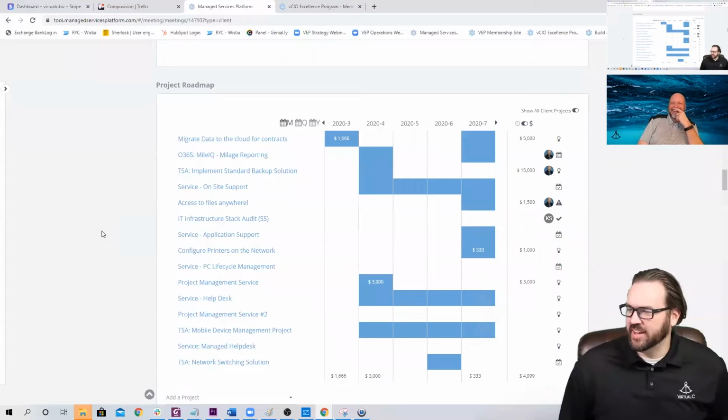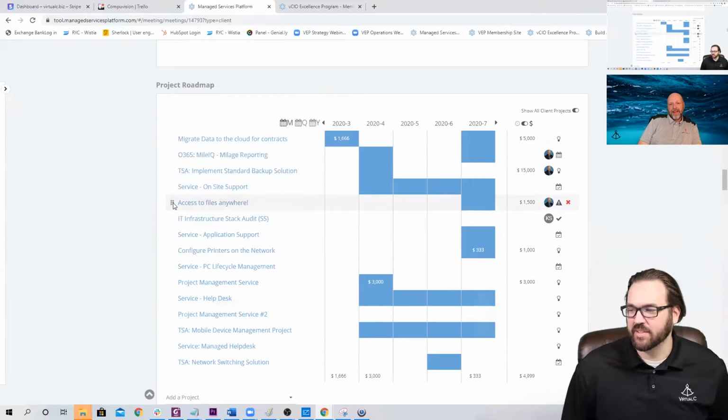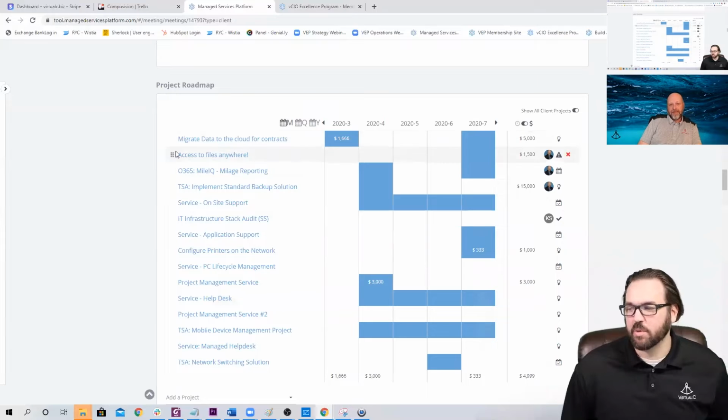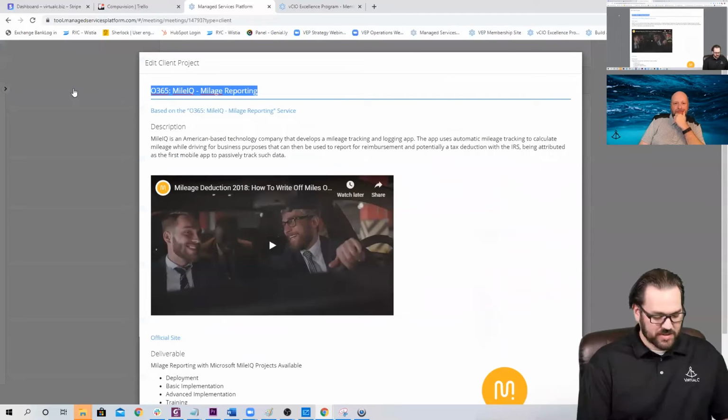There you go. But anyway, so now it's meaningful for your clients. Now they can look down here and say, what? Access to files anywhere. Your client understands this. And for your more technical clients, maybe they'll want to keep up the MileIQ mileage reporting, or change it to...